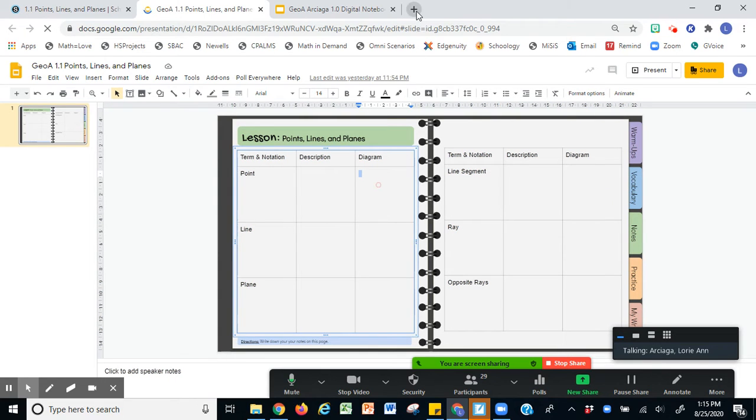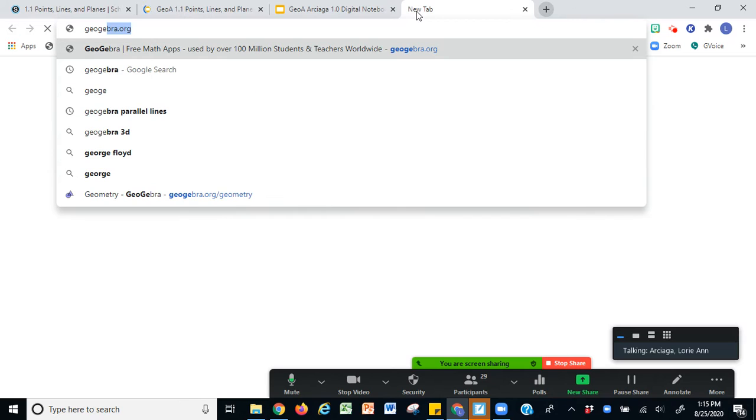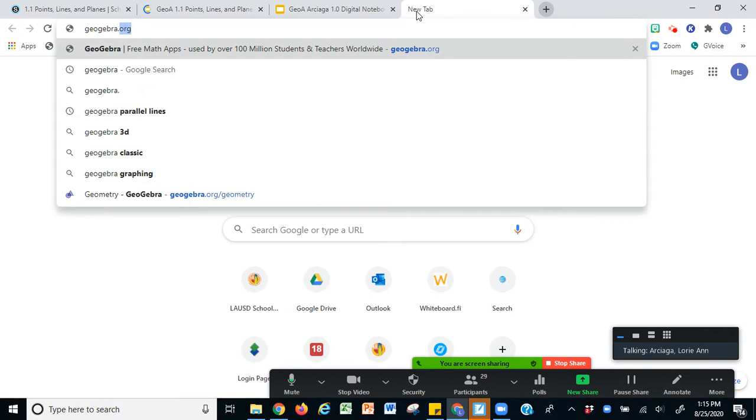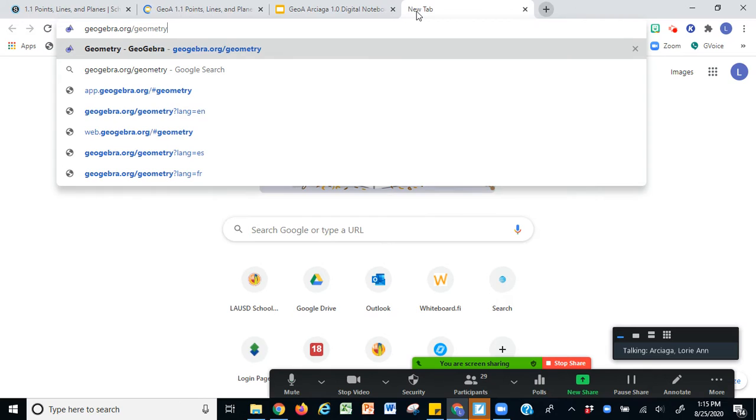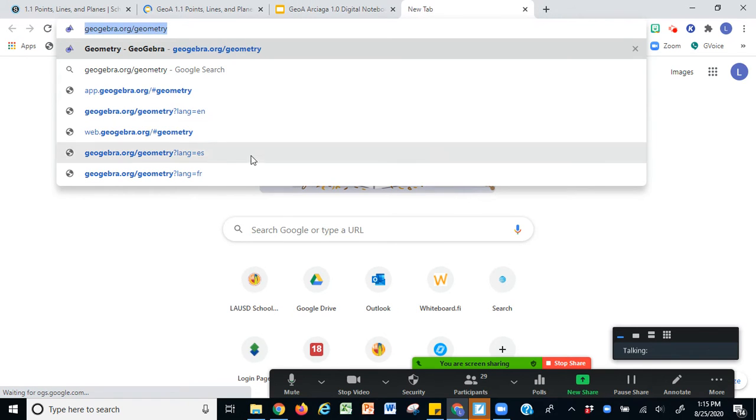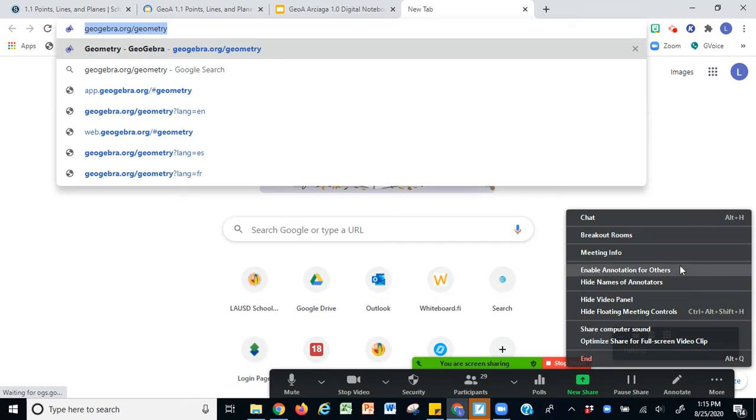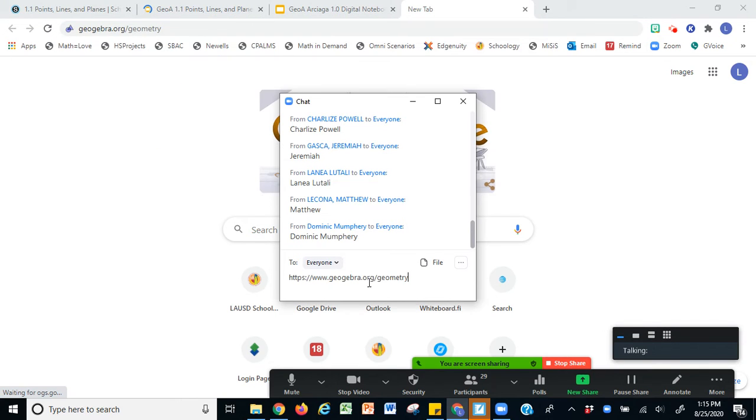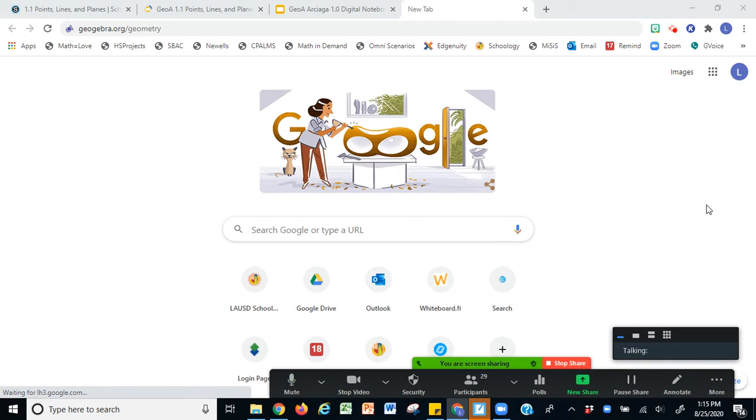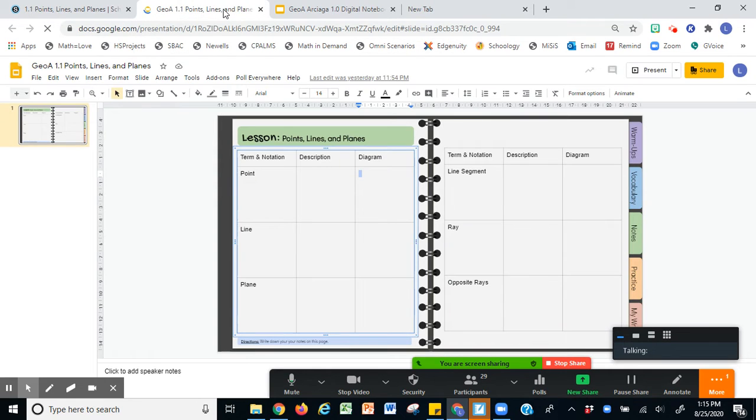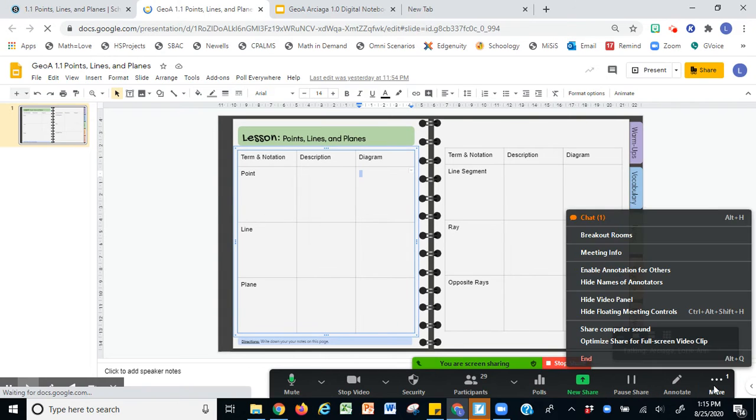And to do the diagram, let's open geogebra.org/geometry. I'm going to send that in the chat as well. If you joined us recently, please don't forget to type your name in the chat box for attendance in case I missed it. At least we have a proof. Okay, so in another tab, open geogebra.org/geometry. Okay, I'm going to close this 1.1